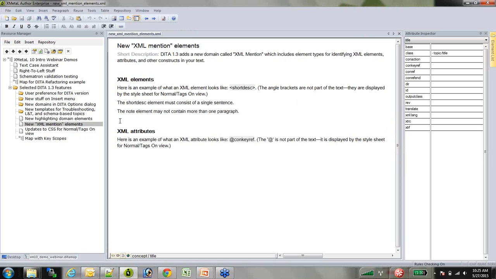There are new XML mention elements. There are several elements for creating, it's called the XML mention because it's used if your documentation is actually talking about XML. Then you may want to mark text up in your content as being references to or comments about XML. It's hard to talk about this because it's so meta, but you may want to mark something up as talking about an XML element, and in that case you might want to mark up that name with some special markup that specifies that it's an XML element. You can do that with the new XML mention